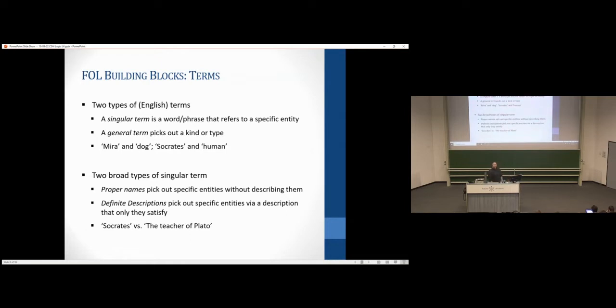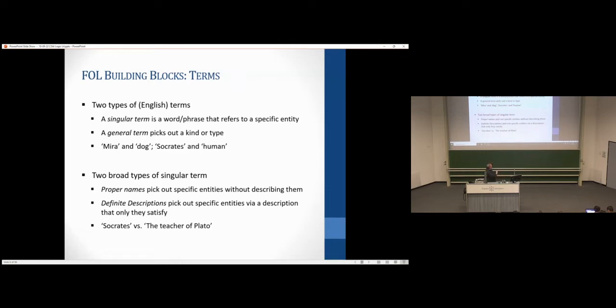Contrast those with definite descriptions. Definite descriptions purport to pick out one and only one object, but they do it by a description that only that object satisfies. The present King of England. Notice that would have been a very different thing about 2 weeks ago. Right? Or the person teaching this class. Right? As it happens, there's one object that satisfies that description,